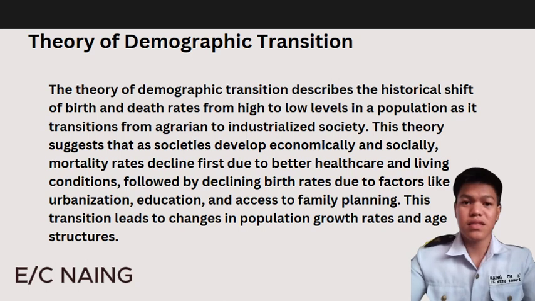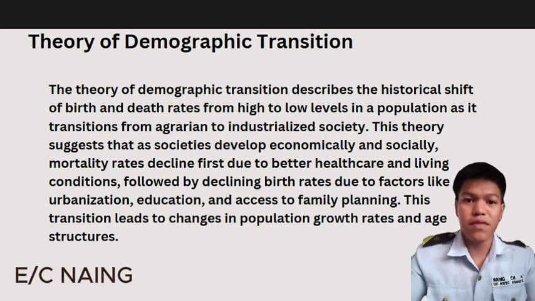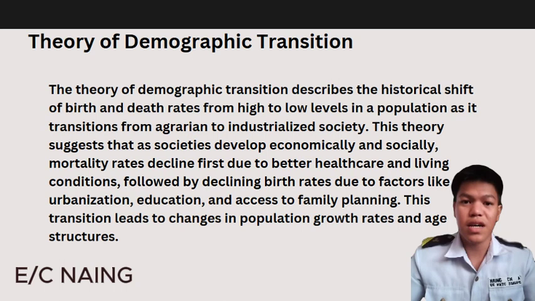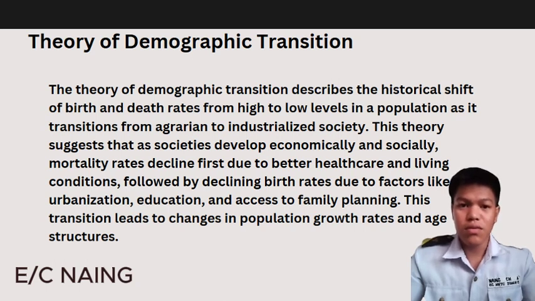The demographic transition refers to the shift in population demographics from high birth and death rates to low birth and death rates as a society progresses economically and socially. This transition has several effects on the global population. I will discuss the two major effects. First is population growth. Initially, during the early stages of the transition, there is a period of rapid population growth as death rates decline due to improved healthcare and sanitation while birth rates remain high. This leads to a population increase.